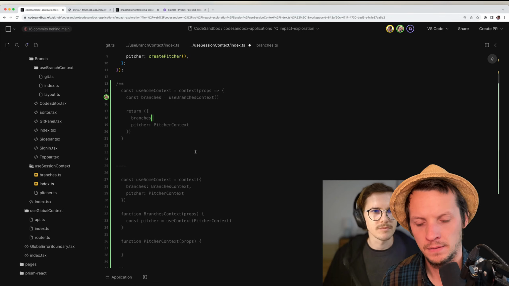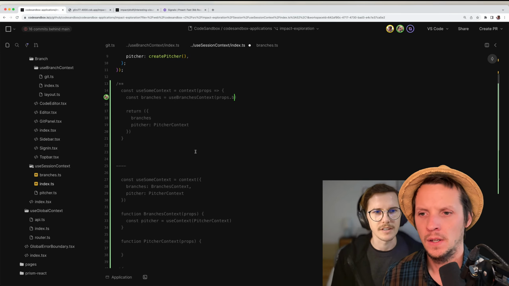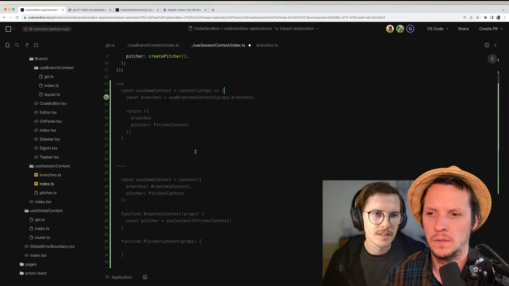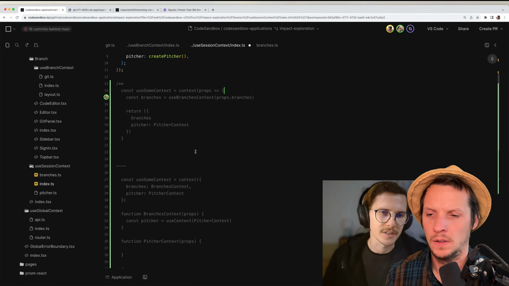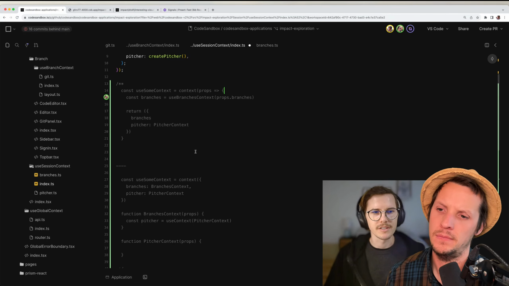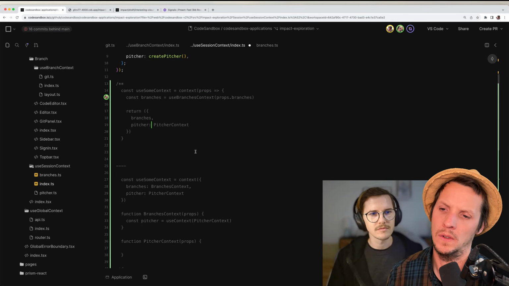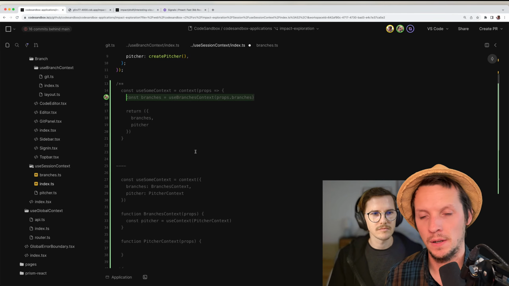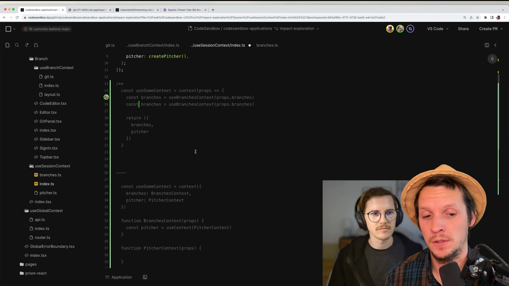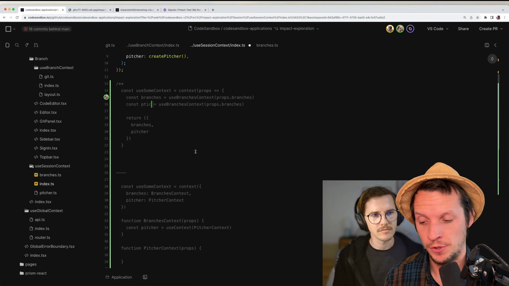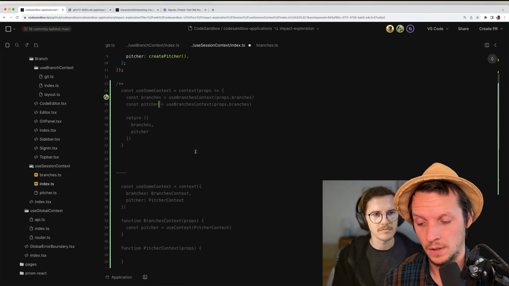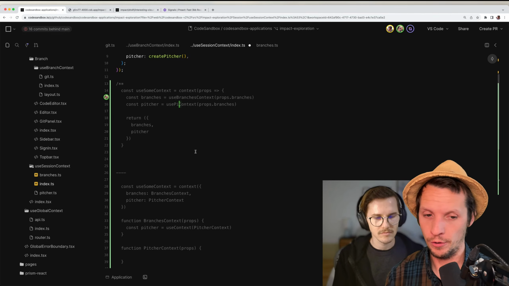Yeah, I was exactly thinking something like this, and then here you can pass specifically the props you need for this branches context. Yeah, that makes sense because I remember in the previous version, when you use a store, you can use that store in a store or in a component.